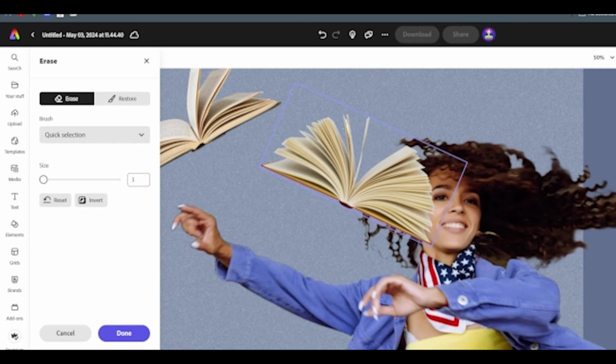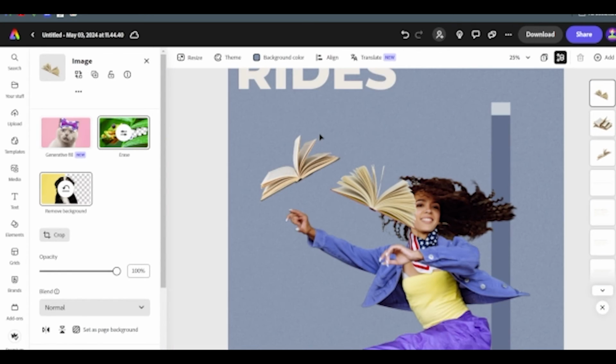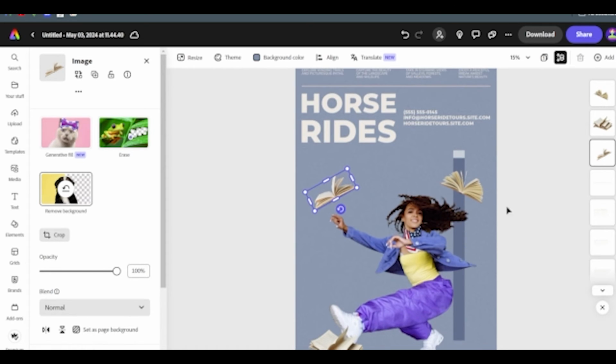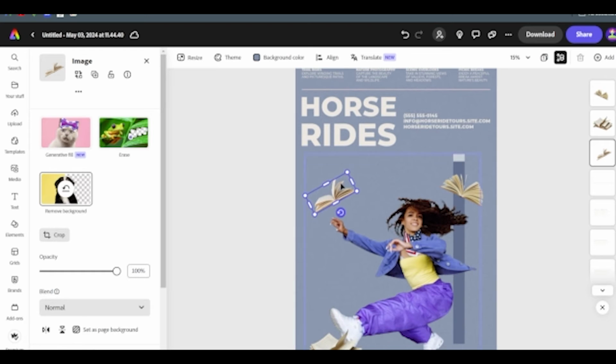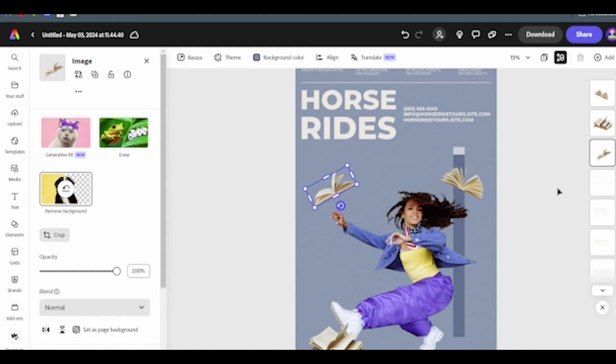Okay, and just kind of click and drag over that, and now you can see all of that white space is gone, and I can just click done and zoom back out. Okay, and that looks a lot better. All right, and I'll go ahead and move that back over to the side. Again, make these a little bit smaller. Okay, so we've made an image here now where it looks like this person is dancing and there are books